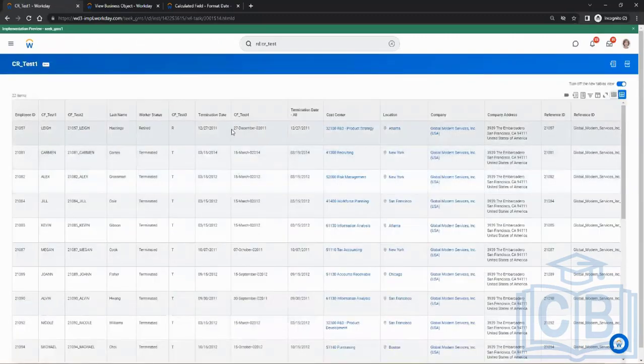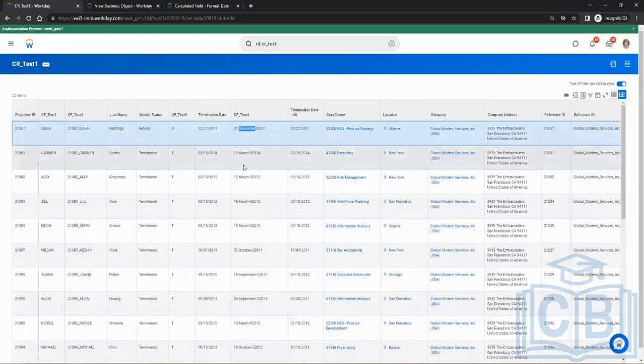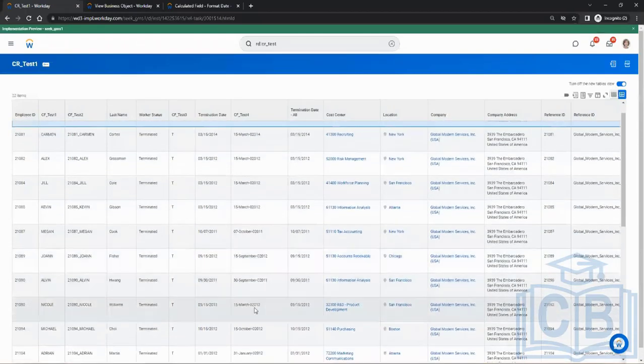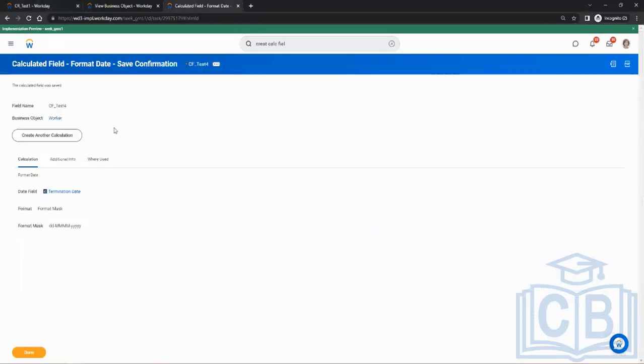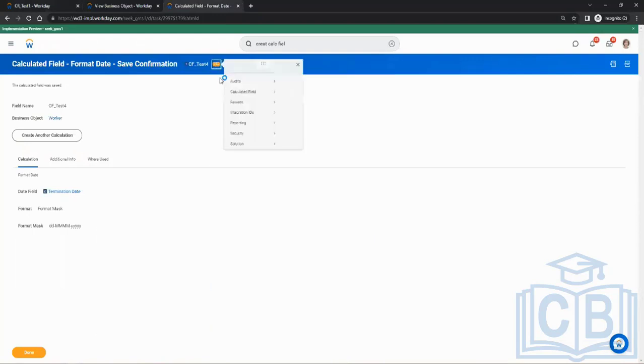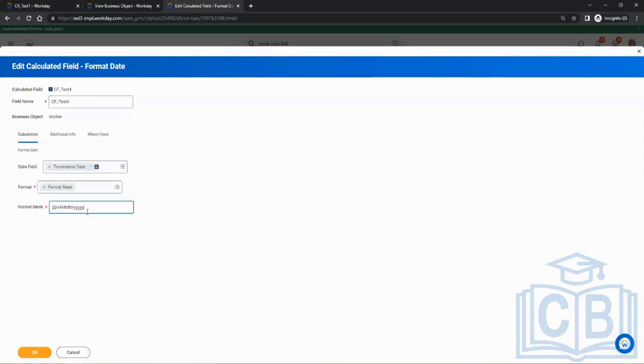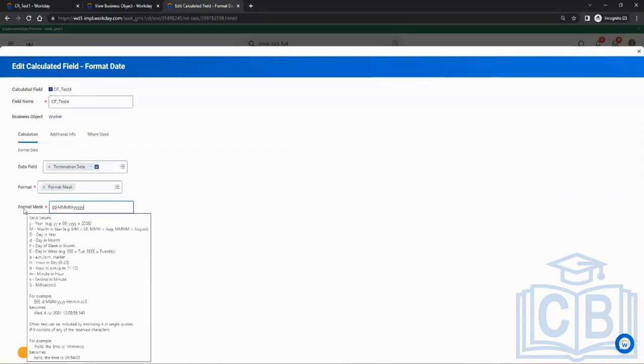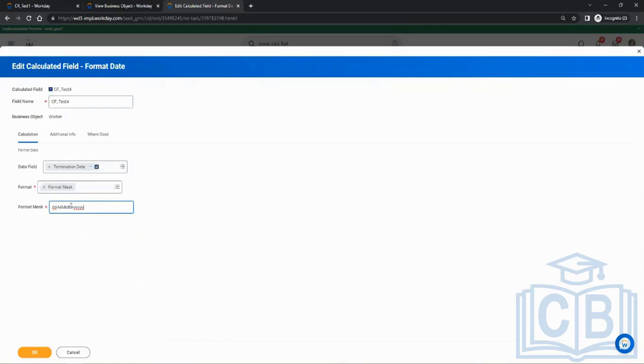So you see here 27 and then full December. Right, there is an extra 0. That means there is something wrong there. I have given 5 y's. That's why it is coming like that. If I edit it, let me give something else now. Say I want